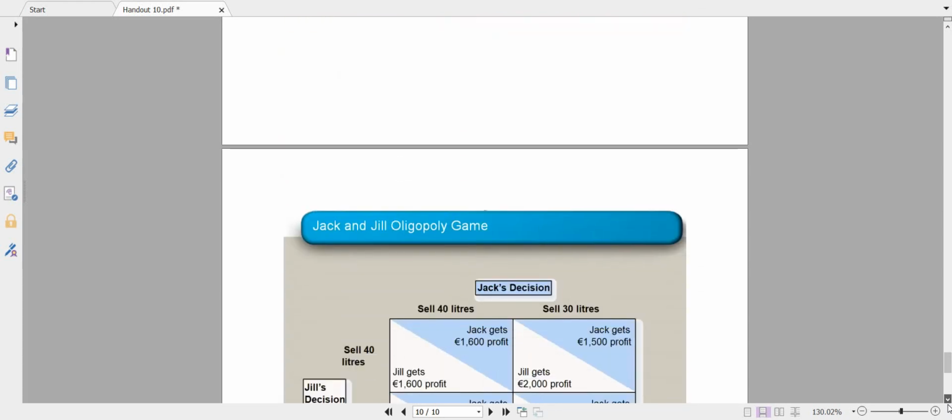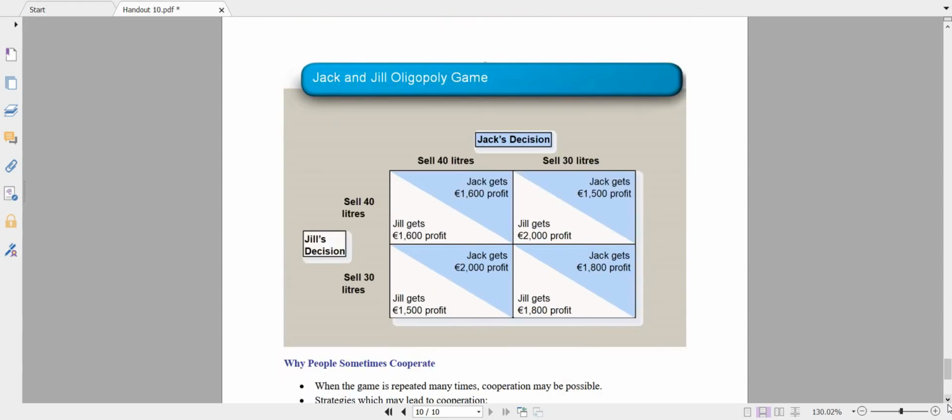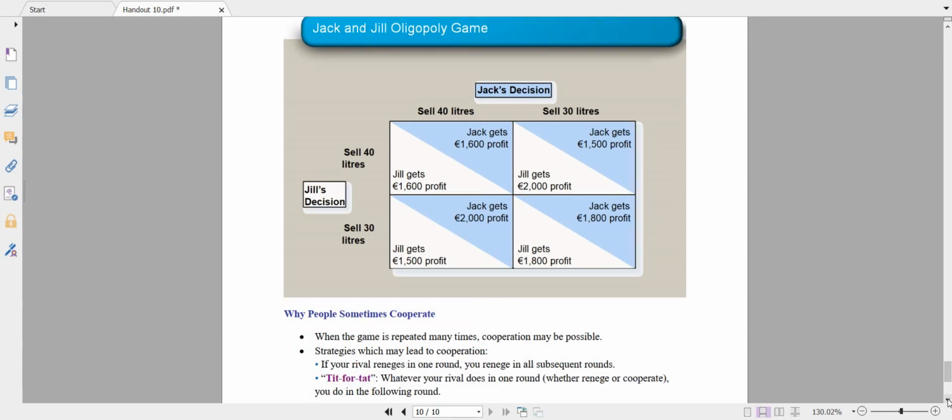I guess this last example can also be tackled in the same manner. The way I've drawn the payoff matrix, it's just a coincidence that in all the cases the collusion outcome is represented by this box here, and the outcome where Jack and Jill are competing aggressively, the cartel outcome, is represented by this box here. But that need not be the case. You really have to use your logic to identify the collusion outcome and the cartel outcome.